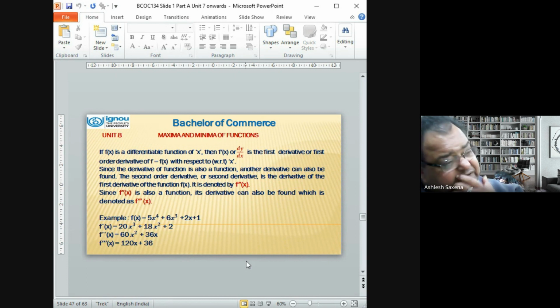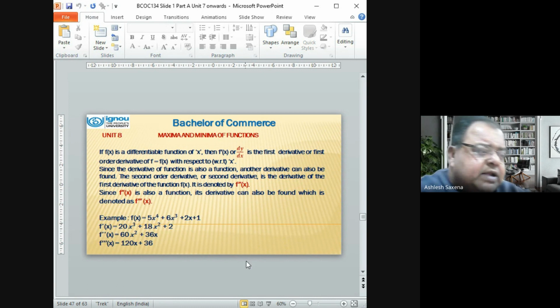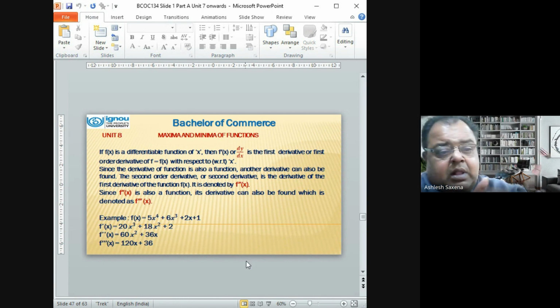The function is f(x). The first derivative is given by f dash x, and your second derivative is given by f double dash x. And if the third derivative is also required, normally we won't be needing it, but in some cases, if it is required, it can be written as f triple dash x. Now you can see